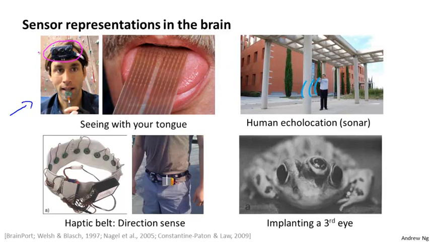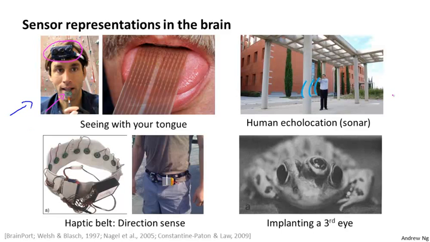You strap a grayscale camera to your forehead facing forward, that takes a low resolution grayscale image of what's in front of you, and you then run a wire to an array of electrodes that you place on your tongue, so that each pixel gets mapped to a location on your tongue where maybe a high voltage corresponds to a dark pixel and a low voltage corresponds to a bright pixel. And even as adults today, with this sort of system, you and I will be able to learn to see in tens of minutes with our tongues.